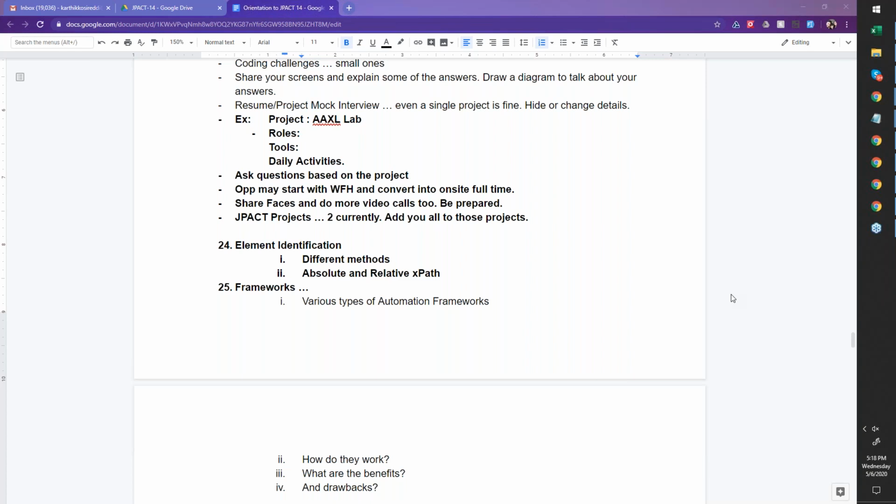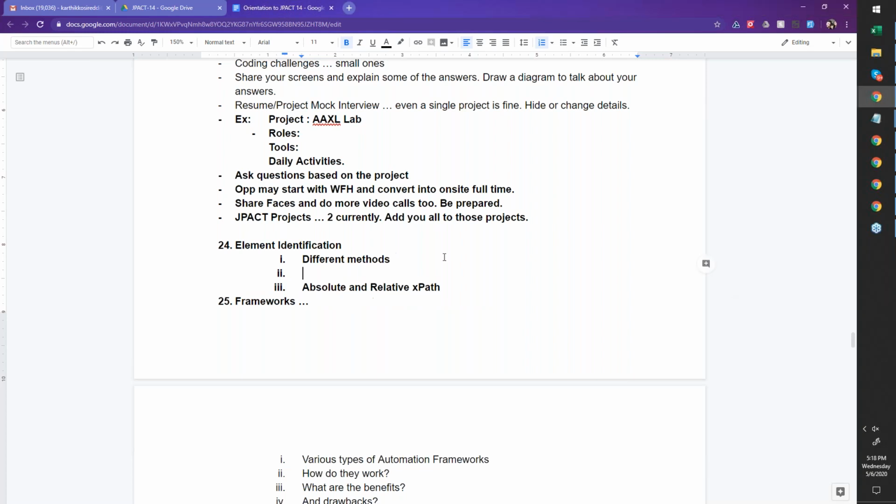I have very limited knowledge of element identification. I'm just aware that there are 8 different methods through which we can identify the elements. One is name and ID, and class name, XPath, CSS.